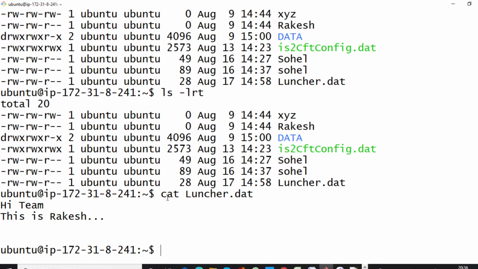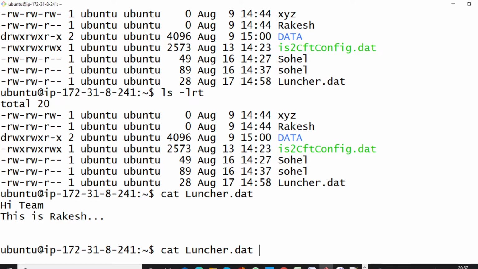I think I did not tell you this before. Suppose, let me, cat then file name. What will be the output? The output will be the content of the file.